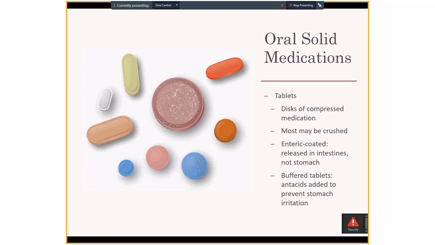So solid medications, you have the tablets. That's basically what's in the picture, just a disc of medication. You guys are used to that when you take a Tylenol or ibuprofen, that's a tablet. Most of them can be crushed, but the enteric coated